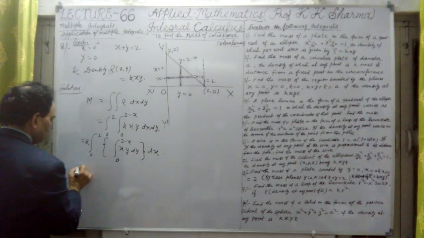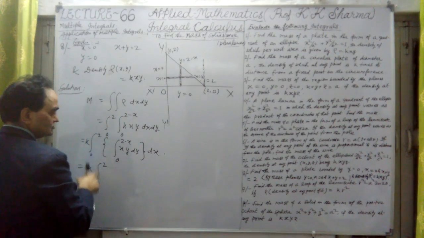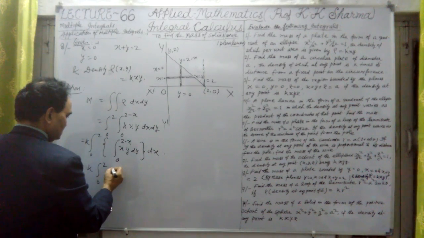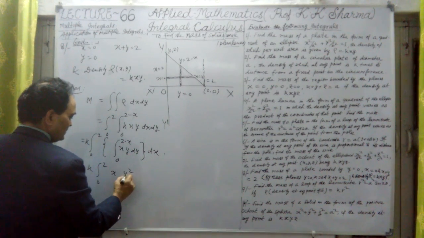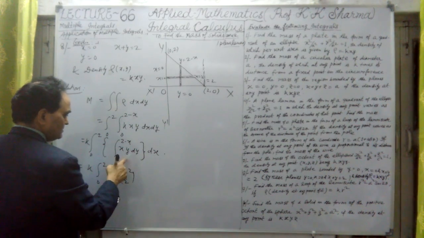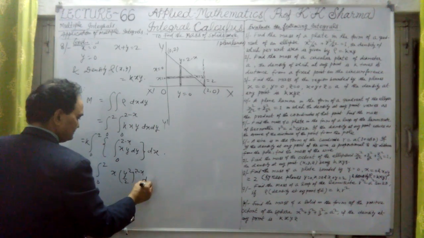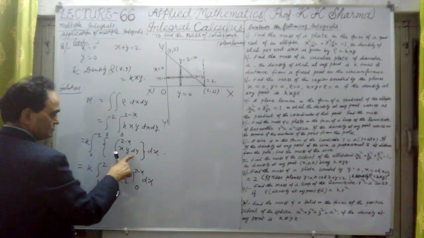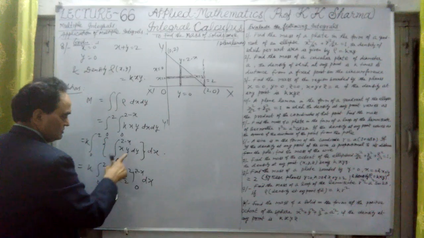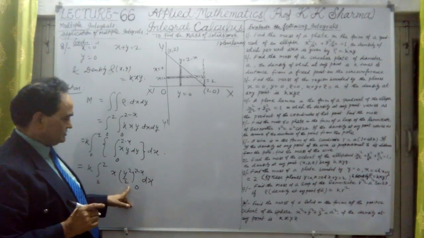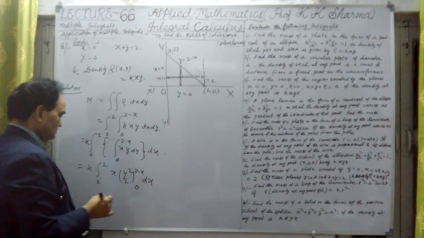Now let me integrate this. The outer integral is 0 to 2, the limits for the x coordinate. Now integration of this will be x as it is, and integration of y is y square upon 2, because we are integrating with respect to y. Limits are 0 to 2 minus x. Integration is done. Now putting the limits in place of y, 0 to 2 minus x, it will give us